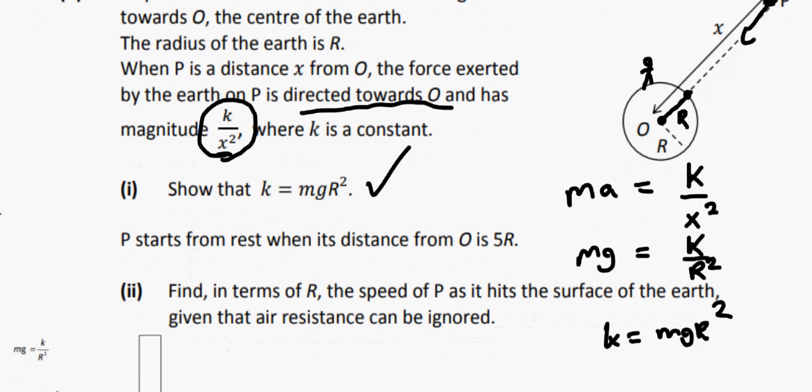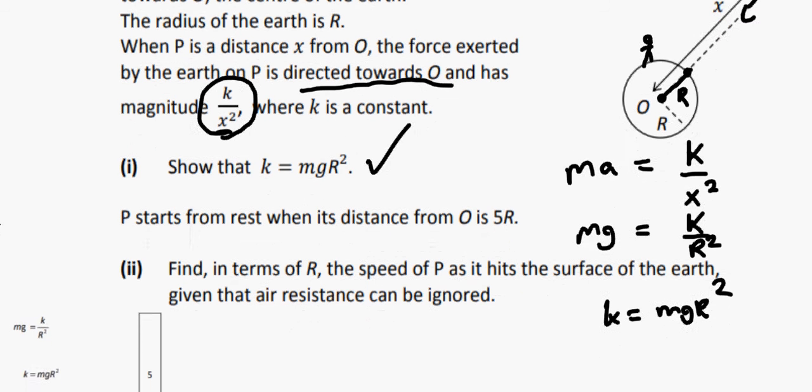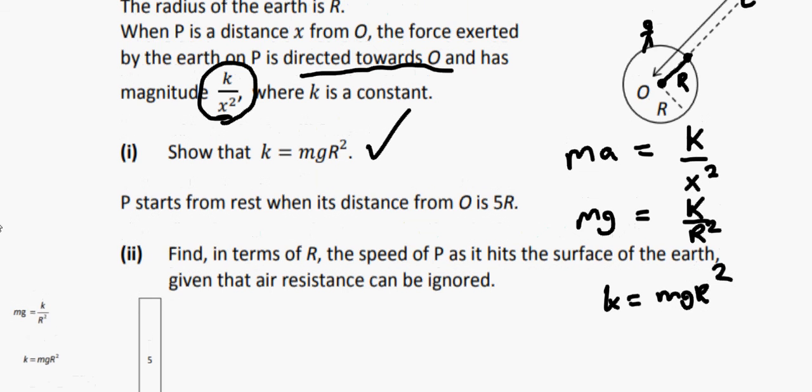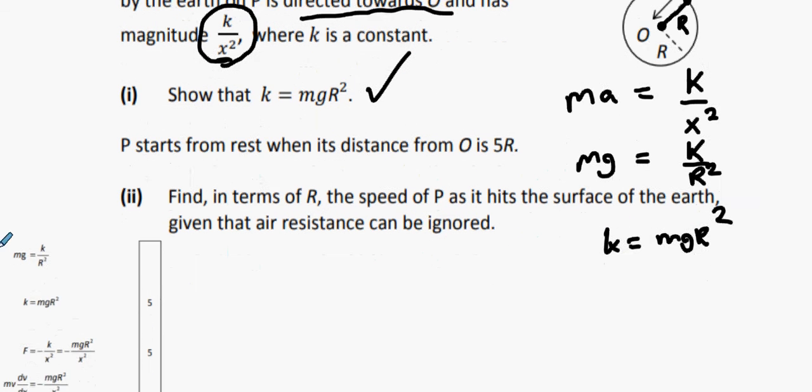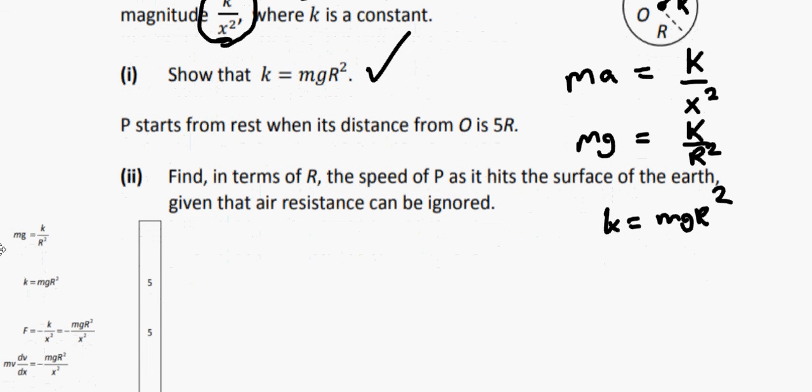P starts from rest when its distance from O is 5r. Find in terms of r the speed it hits the surface of the Earth at. Now, that means the speed it hits the surface of the Earth at. Okay, we're going to go force, as we already know earlier, is,